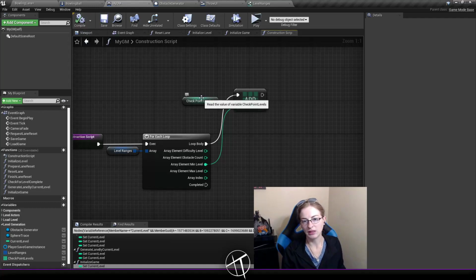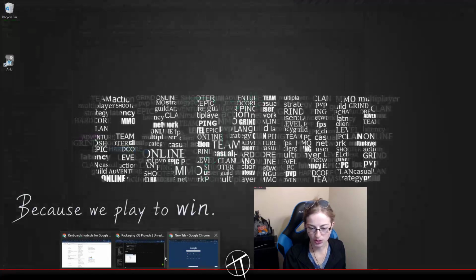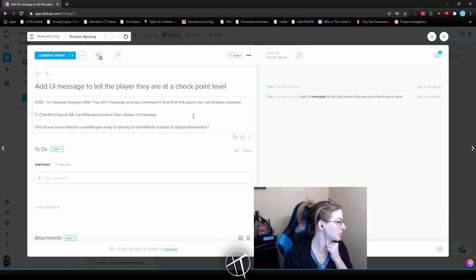Now that we have checkpoint levels, what we want to do is display a message based on whether we have this or not. So hold on. That's the wrong profile. Okay, come over here. So, on every level,